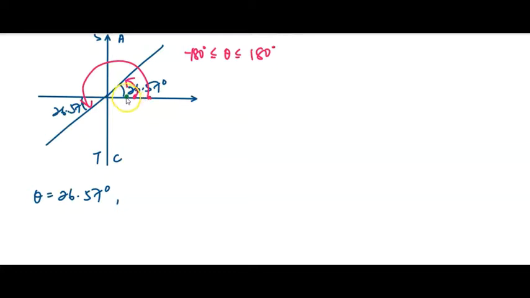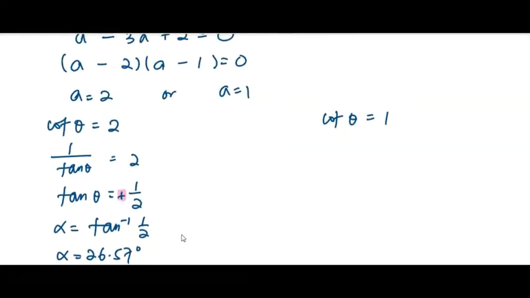And now I will try to rotate my angle starting from the positive x-axis to the clockwise direction. Alright, so this angle is still in the range, so I'm taking it as an answer. That is 153.43. Okay, if I keep on rotating, you can see that this angle already exits out of this range. So I'm just going to ignore this. So for the first set of equation, I got 2 angles to be accepted, and for the second set